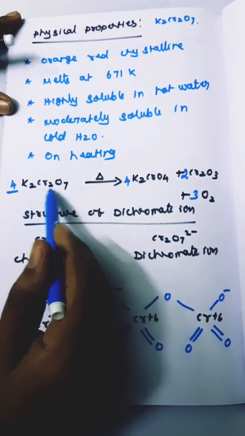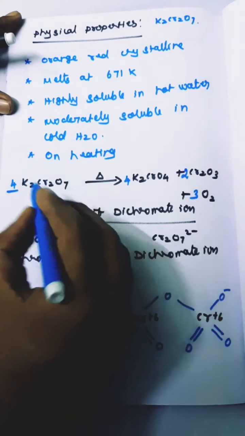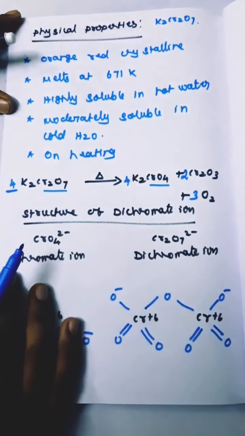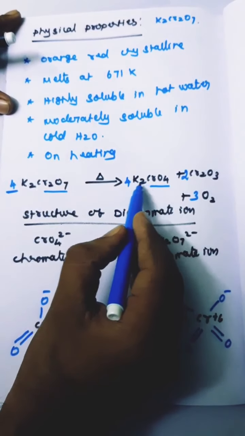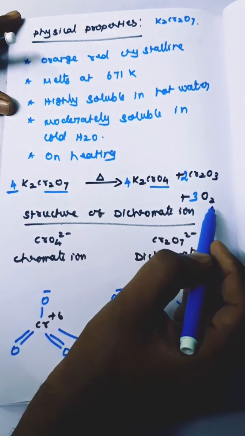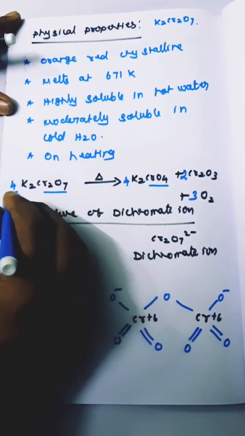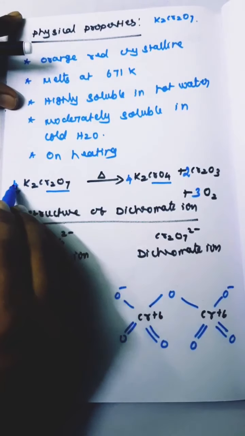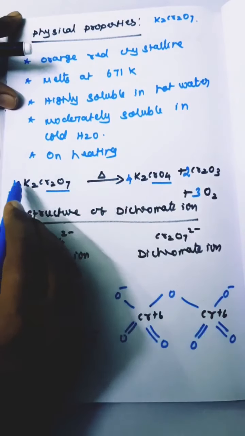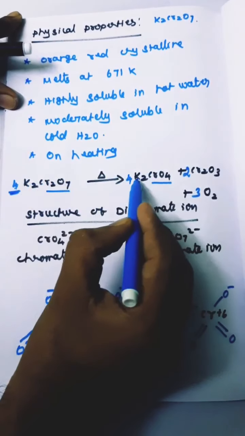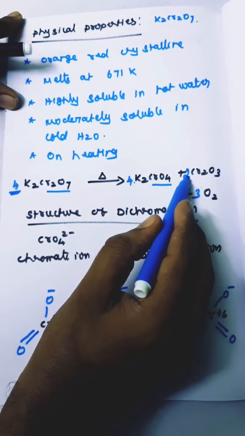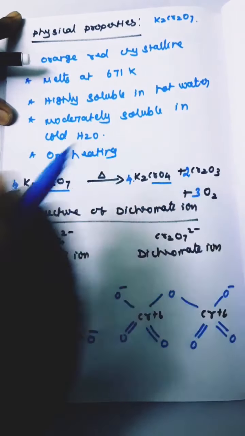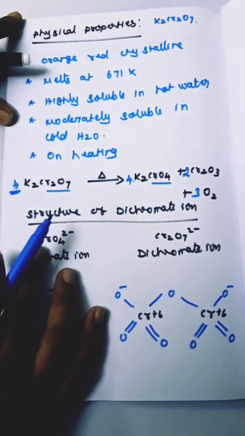On action of heat, the dichromate is converted to chromate. Look at this, Cr2O7 is a dichromate, CrO4 is a chromate. When you decompose it, you get potassium chromate and chromic oxide with liberation of oxygen. Underline this, remember the 4 here, then only you will get easy balancing. 4 2s are 8 potassium, so 4 2s are 8 potassium. So 4 2s are 8 chromium. Here there are already 4 chromium, so if you write 2 here, it becomes 4. After that, when you calculate oxygen, you put the 3 before the oxygen.